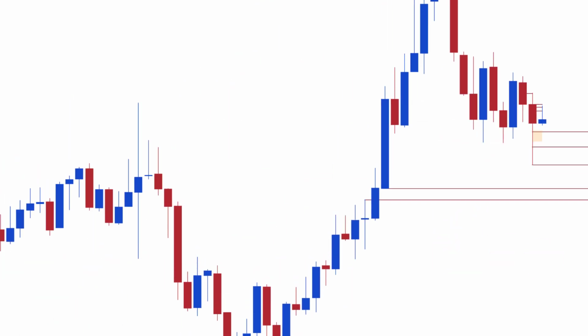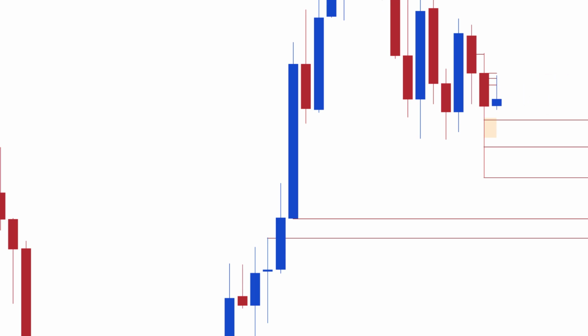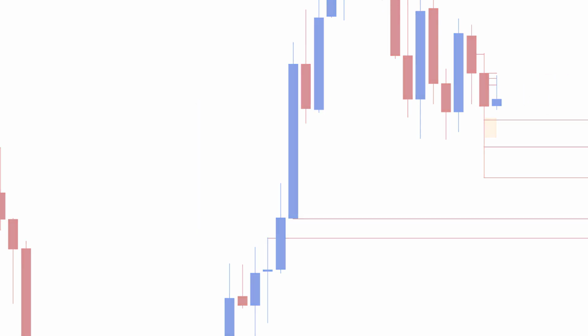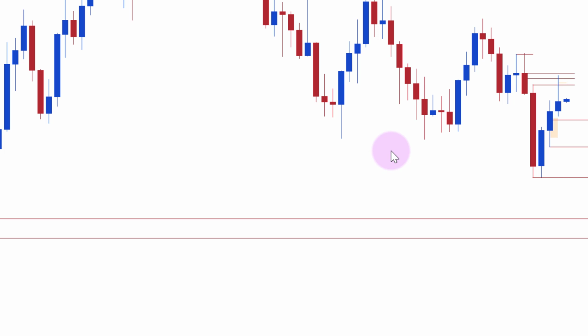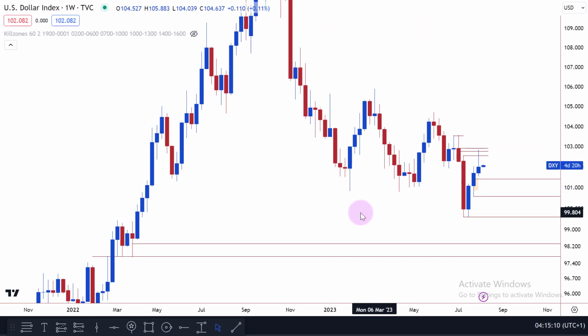Alright guys, in confluence with seasonal tendency, we're anticipating a bearish dollar during these seasons of the year because of the seasonal tendency. Alright guys, so let's quickly take a look at the weekly time frame. On the weekly time frame, we want to be seeing clear bearish expansions, bullish retracements, and that's what's been happening